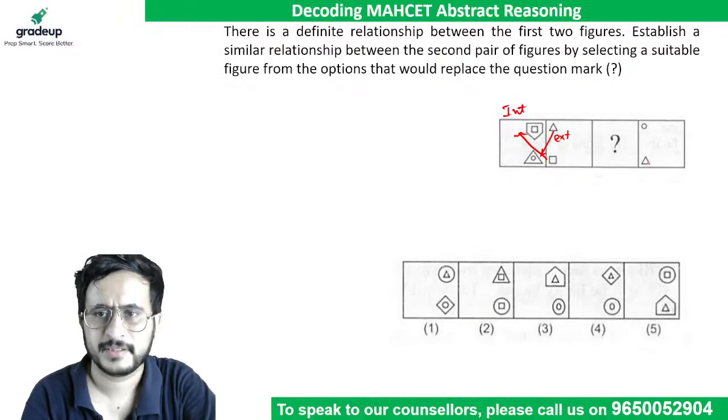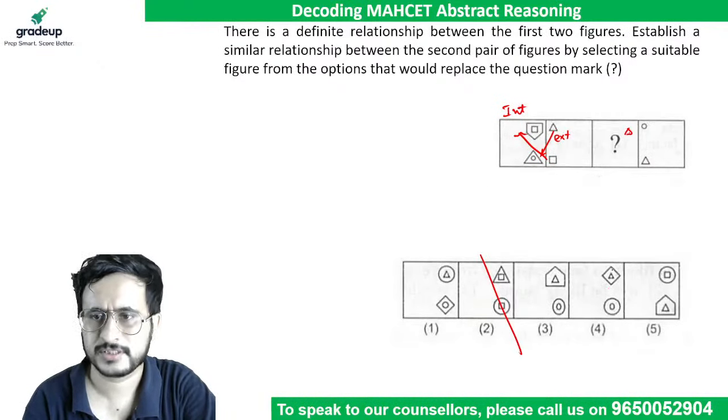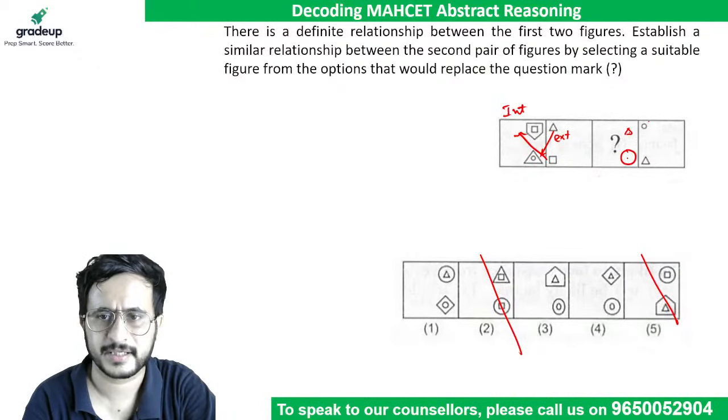So what will happen? The triangle will go up and it will become the internal figure. So triangle should be inside something. So this gets eliminated, this gets eliminated. And circle should come down and become something external. So if you see this,